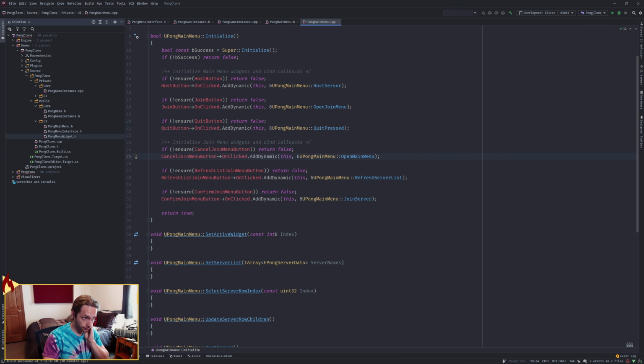I'll use old assignment initialization there. We're going to set up some server data by reference, or it's a for loop, actually. It is a range-based for loop. So we're going to cycle through our parameter, our array, and for each Pong server data pointer, oh, server row. This is what we haven't made yet. For each server row in there,